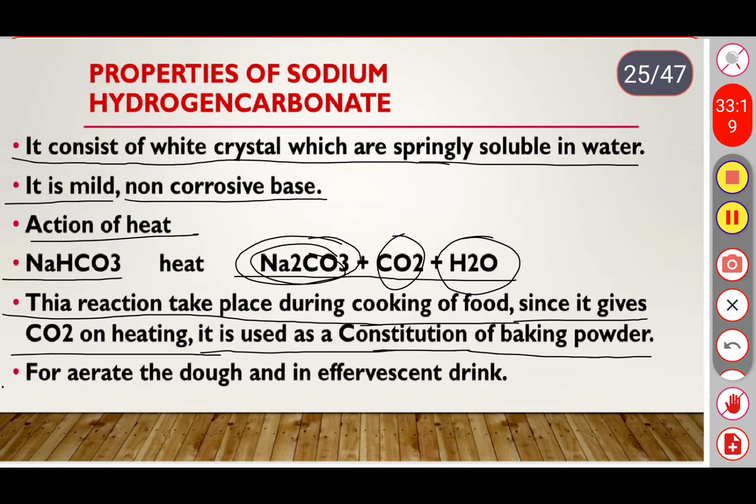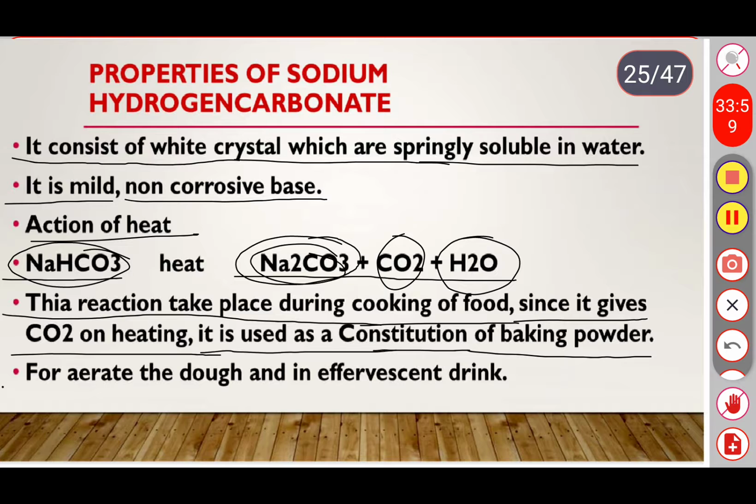The main compound present in baking powder, that is tartaric acid, neutralizes the sodium carbonate. In case it is not done, then the cake will taste bitter. So the same sodium carbonate is used in the preparation of cakes and breads. That sodium carbonate is obtained from sodium bicarbonate. By the heating of sodium bicarbonate, we can get sodium carbonate.